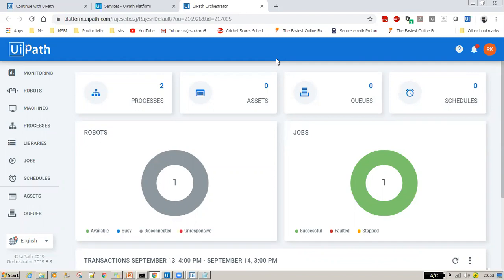Dinesh, I think in your recent assignment, the reason you are not able to establish a connection to the orchestrator is that you're trying to build a queue, and when you add items to the queue or retrieve items from the queue, you don't have any connection built up on the UiPath bot tray. So first of all, you need to ensure: do I have any connection to an orchestrator or not?